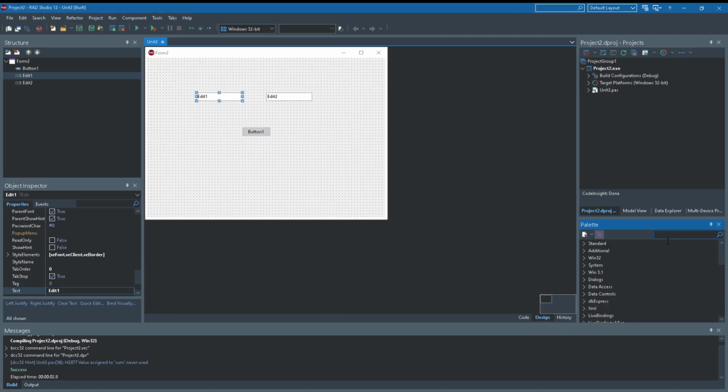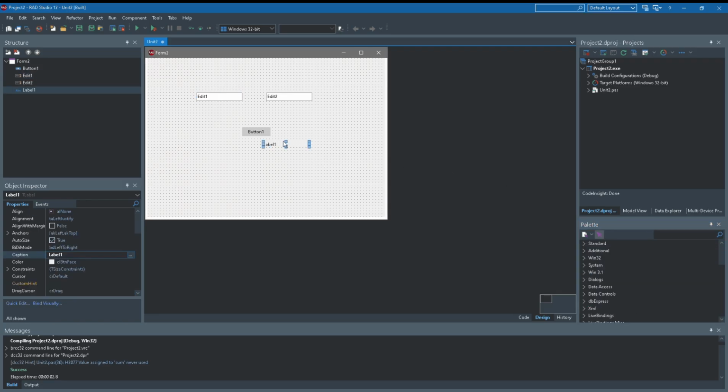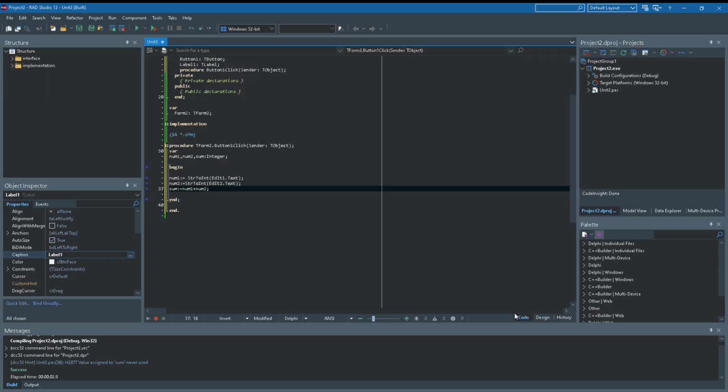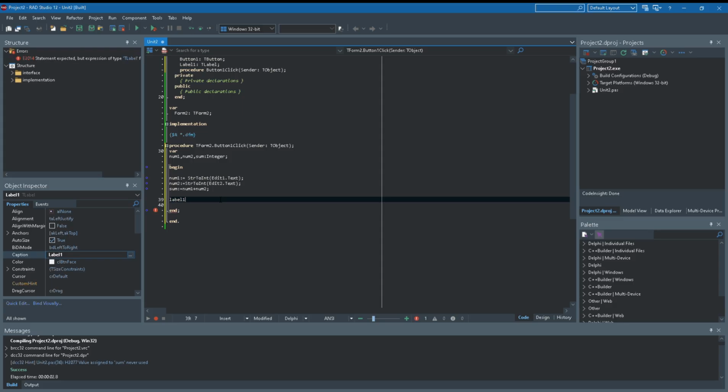Guys, I forgot something. You're gonna need a label to display the sum. You're gonna have to display the sum in the label, so we'll put a label there. You're still working with your code, but now you're just gonna say label 1 dot caption equals,